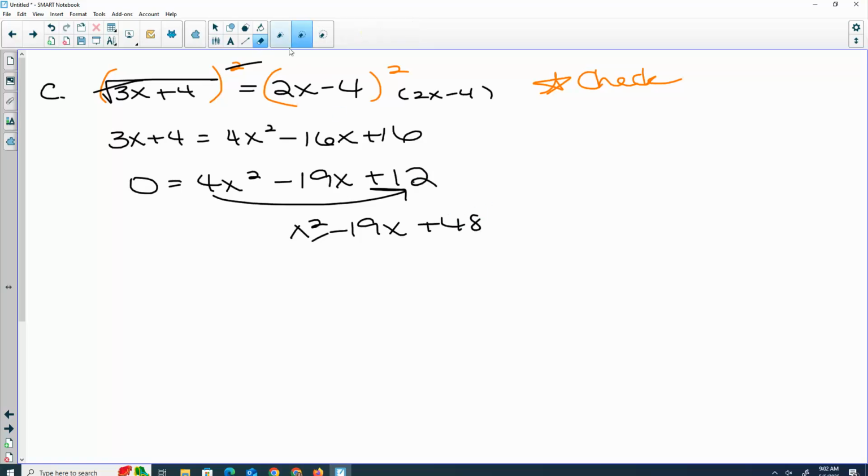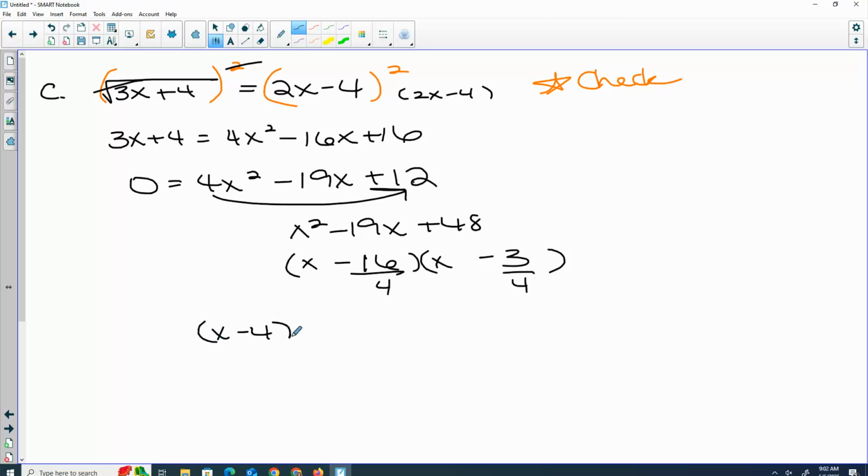So multiply to a positive 48, add to a negative 19. What works? We start out multiplying the 4, so we divide our 4 back. So we get x minus 4, 4x minus 3 equals 0. Set each of those to 0, and we get positive 4 and